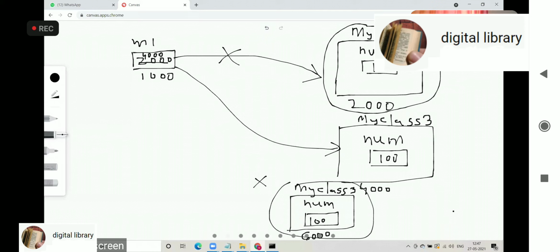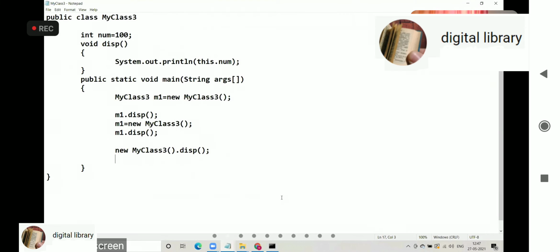So just check your diagrams. And now here, anonymous object versus named object. This is a named object because it has got reference M1. Forget about that, we assign it to a new object, that we will not consider now. But named object versus anonymous object, what do you think?